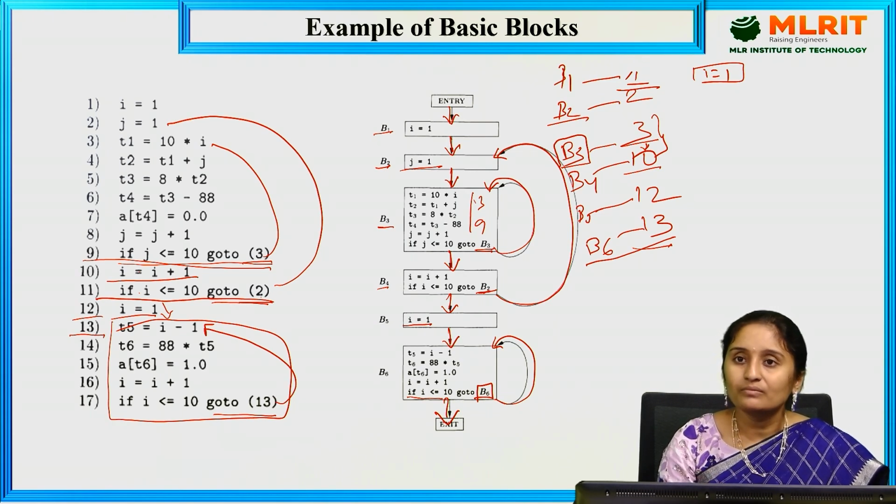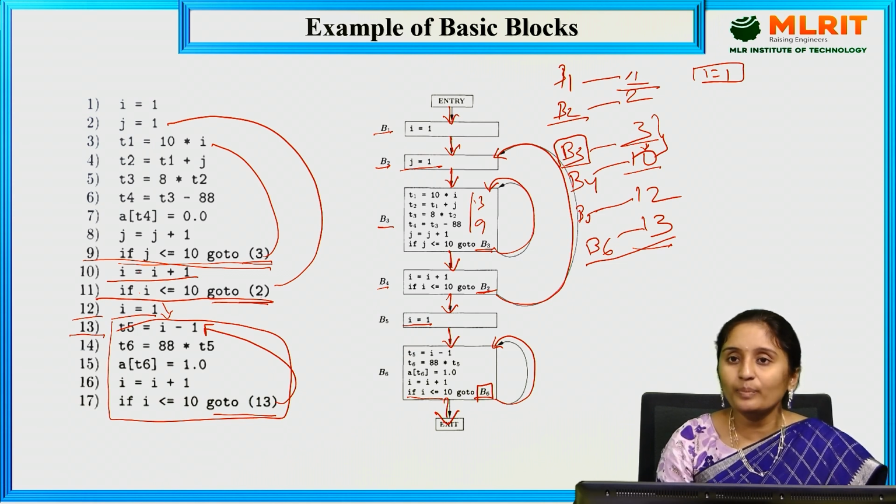basic block, what is the flow graph, and what are the characteristics of a basic block. Nothing but a basic block consists of sequential statements or a collection of statements with one entry point and one exit point, and there won't be any branching conditions or branching statements in between the block. In the middle of the block there should not be any branching statements. There can be branching statements at the ending of the block, and we are going to identify the leaders. Nothing but we are going to construct the basic blocks by following some structure or some algorithm.